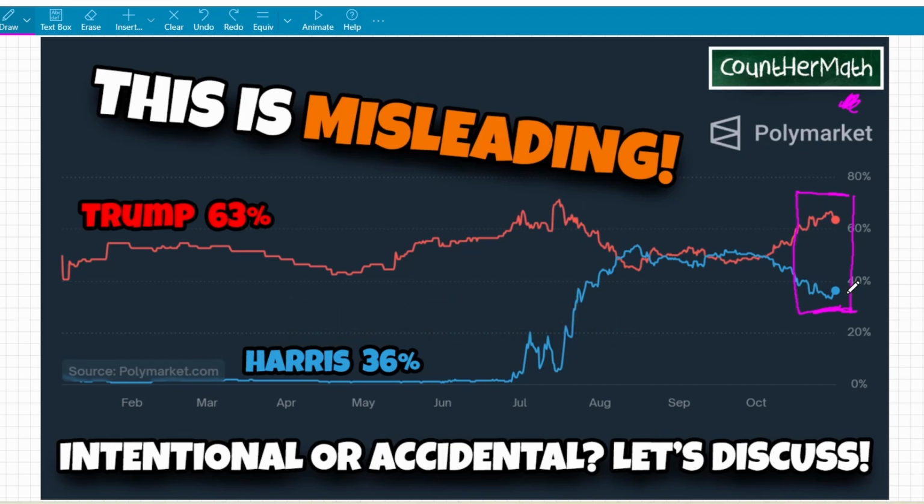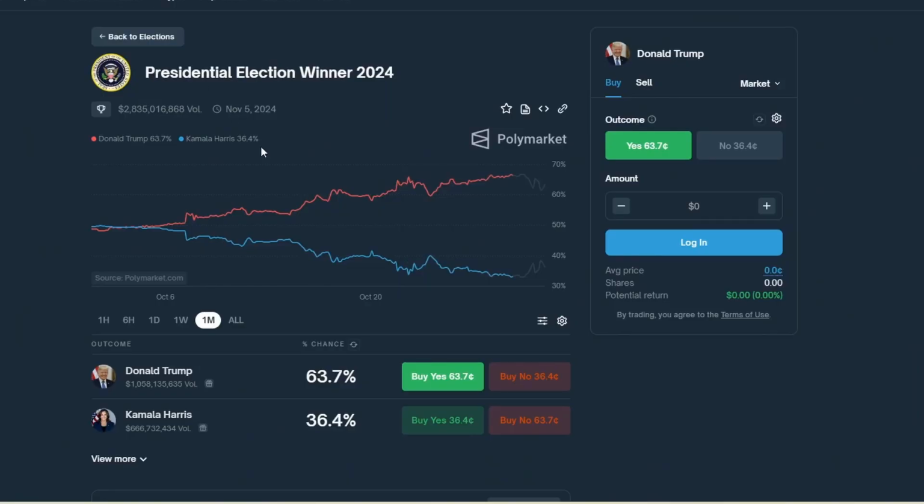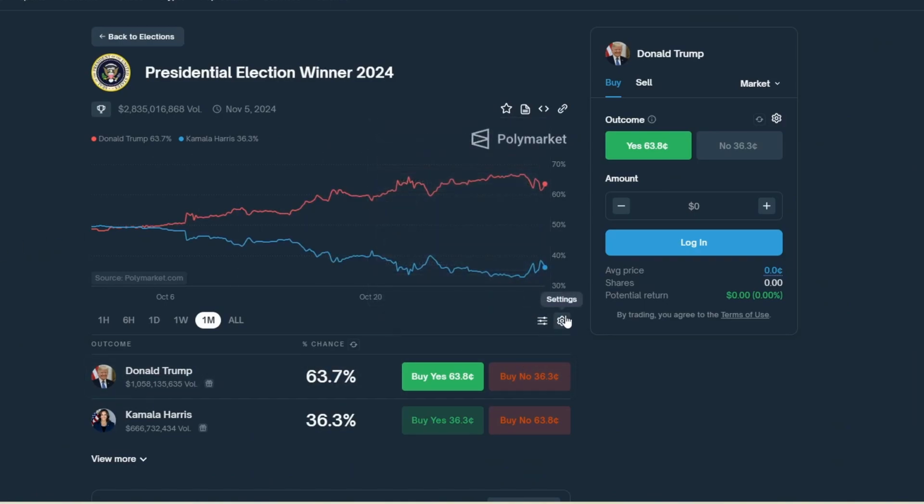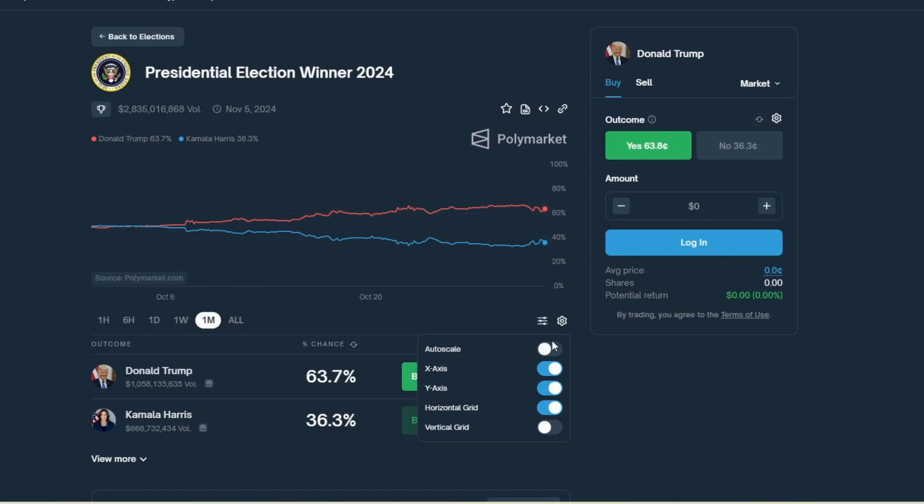The only thing I will give the Polymarket credit for is if you actually go to the website. I looked around for a while. You go to options. You go to settings. Auto scale. This is the problem that's happening, is that it's auto scaling the data. If we turn that off, it immediately switches it to a more realistic version of it. It puts 0 and it puts 100. Makes it much more